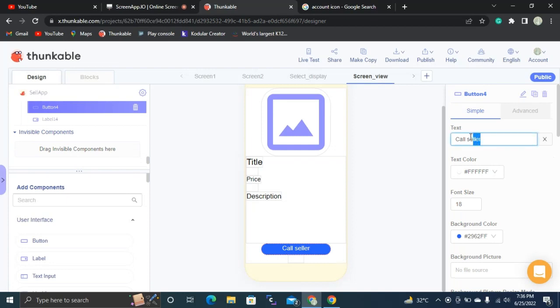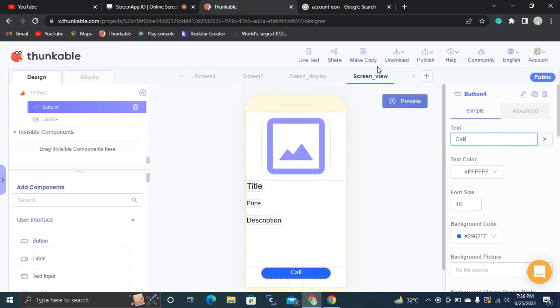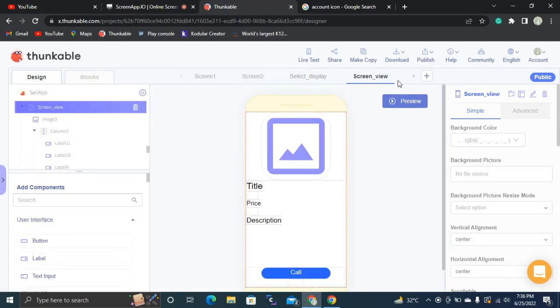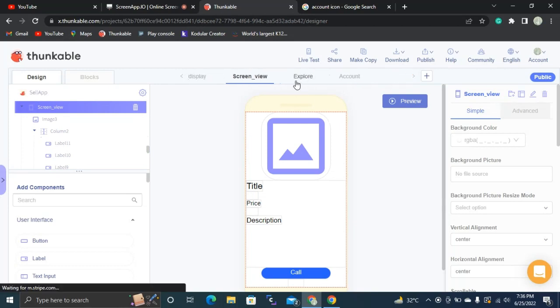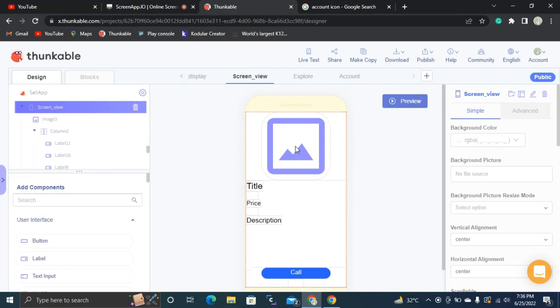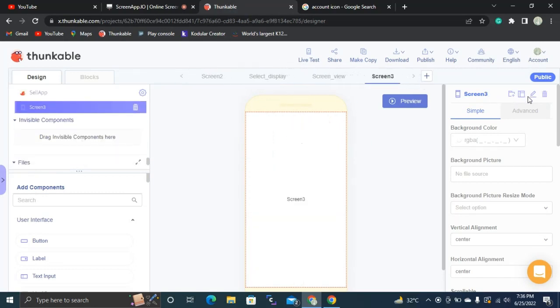So instead of setting as call seller, let's set as call along, call. Then what I'm going to do next is we are having this display screen, view screen. Whenever the user clicks this explore screen, some product news, they will be navigating to this screen view. But before entering the screen view, we are going to enter another screen, which is going to be screen